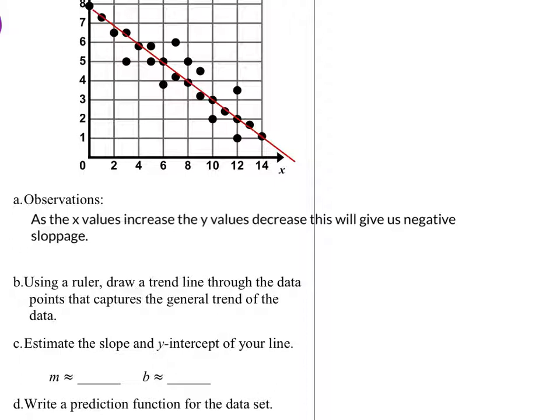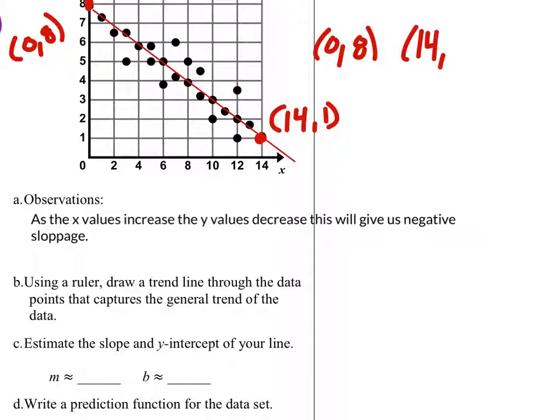So Harmon brought up a good point. I can see that my line is going to go through this point (8, 7), which is a very convenient point, which we will see. And it goes through several of these points, but I'm going to use this one, which is at (14, 1). So when I find my slope, I can list them over here, (8, 7) and (14, 1),